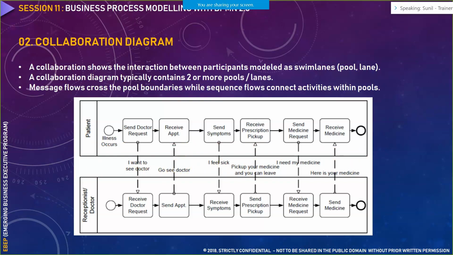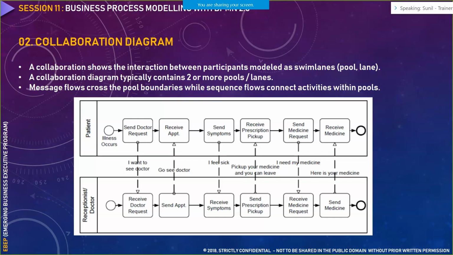So for example, if your system has multiple modules, like a policy issuance module, or your underwriter module, or your billing module, claims module. So if there is a process which interacts with all these modules selectively, then you would use this kind of diagram called a collaboration diagram. And in order to align a divider or maintain a separation between the flows within a particular module, you would be using swim lanes.